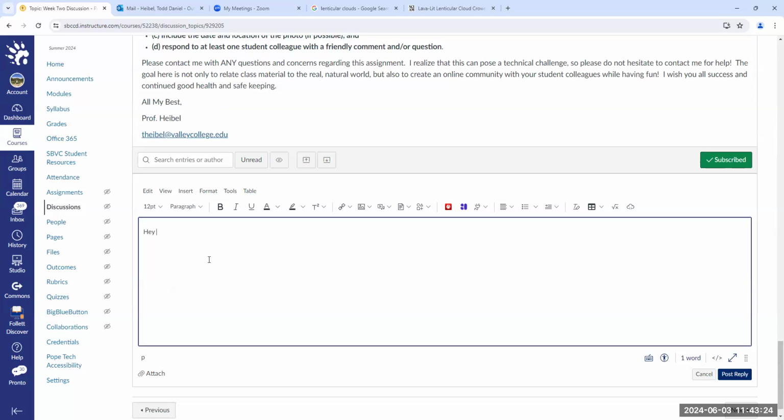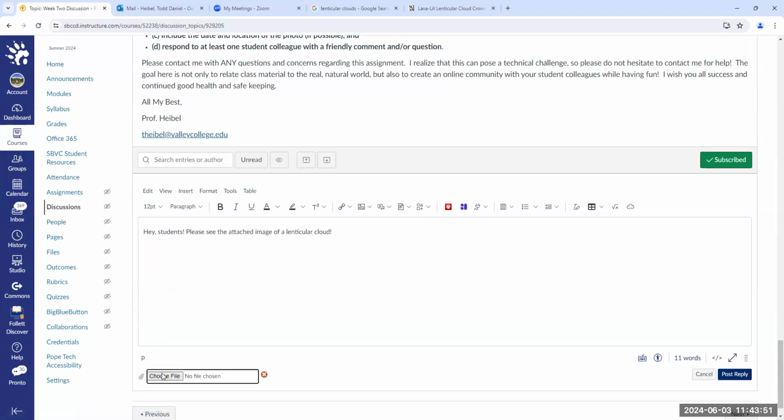Hey, students, please see the attached image of a lenticular cloud, right? And then basically because it's not my own image, I access the image from the Scientific American website, blah, blah, blah. So you want to cite your source. But if you click on this little paper clip that says attached,